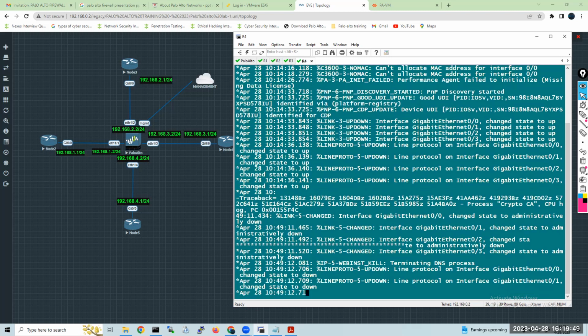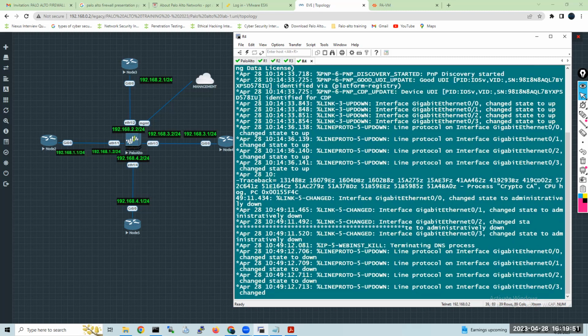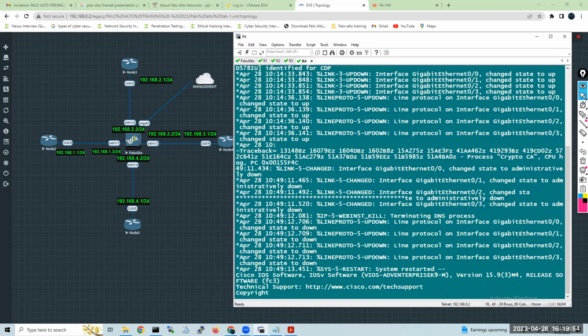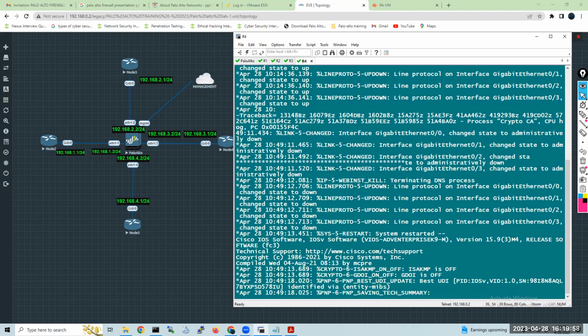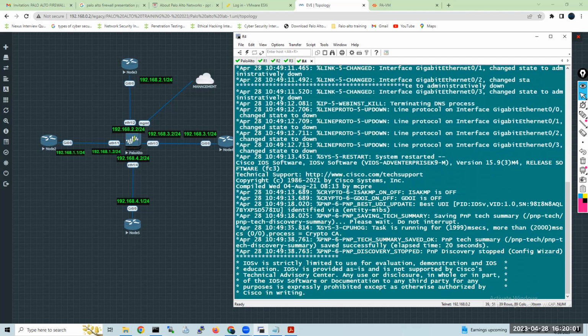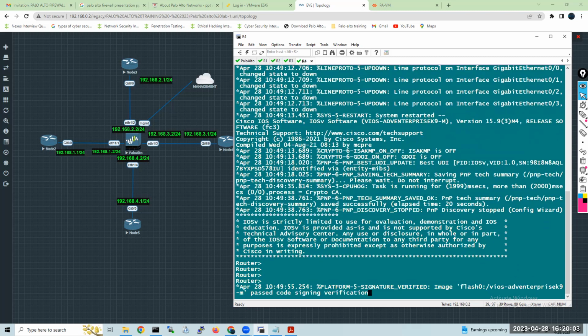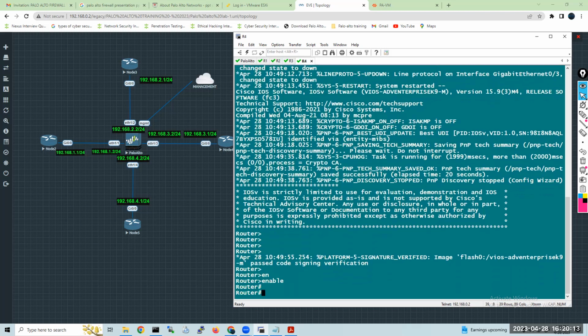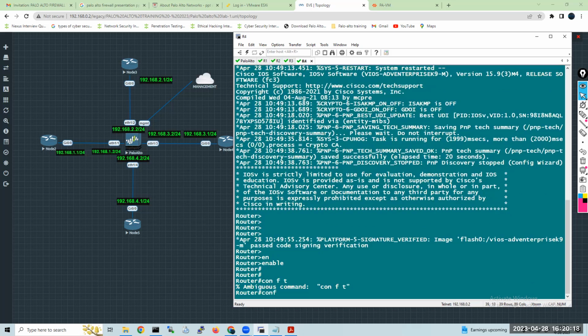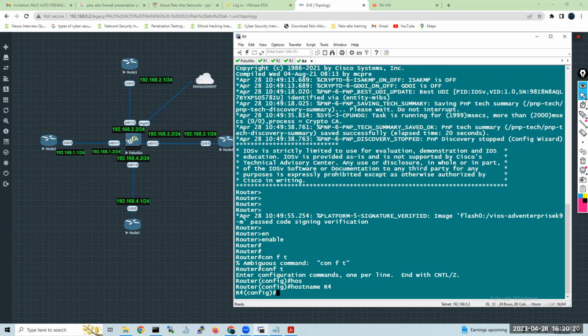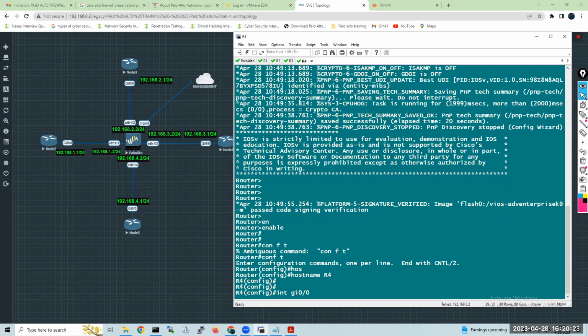Router 4. Config T. So this is my R4, interface gigabyte 0/0.